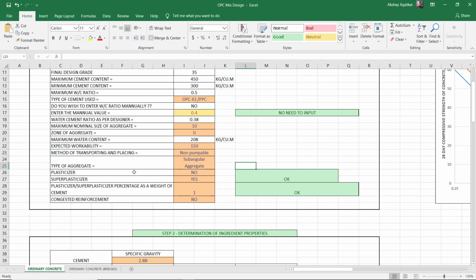Now 2 more rows are there which are for admixture. Admixtures can either be plasticizer or super plasticizer. You will be adding any one of these into the mix. So both of these cannot be yes. What if you do both of these yes? Then it will give you the warning that both the plasticizer and super plasticizer cannot be added at the same time. So either you make no for the plasticizer or no for the super